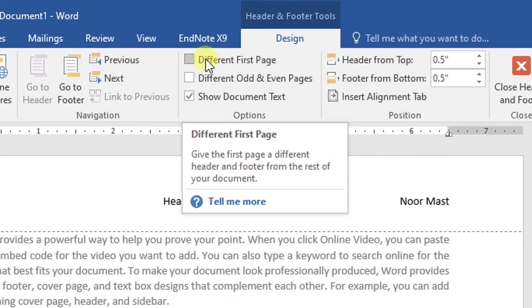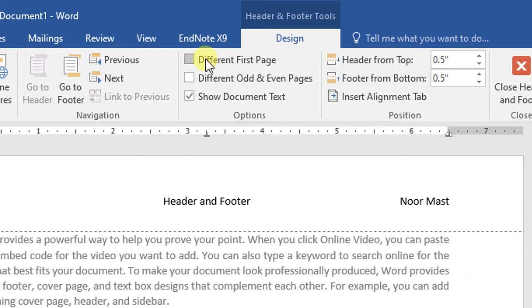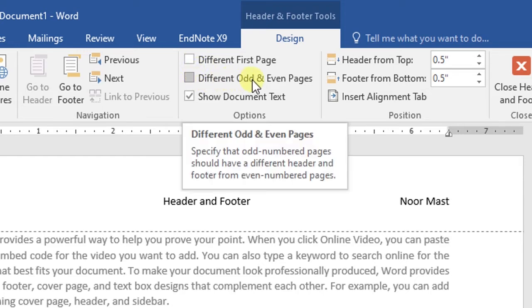Suppose sometimes you don't want to apply the header and footer section on the first page, or you want a different type of header and footer on the first page, so then use this option. The second one is different odd and even pages, so maybe sometimes you want to apply different types of header and footer on odd and even pages, then use this option.